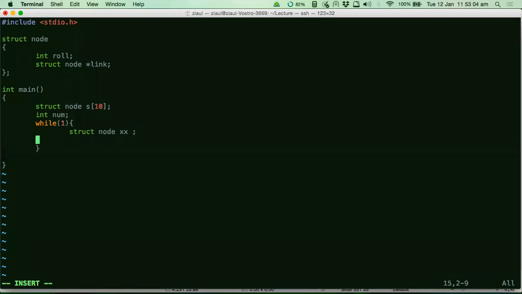So every time you enter a new data, you say x dot roll is equal to the data entered by the user here, and then you have the beginning struct. Let's say you have a beginning struct here, right?